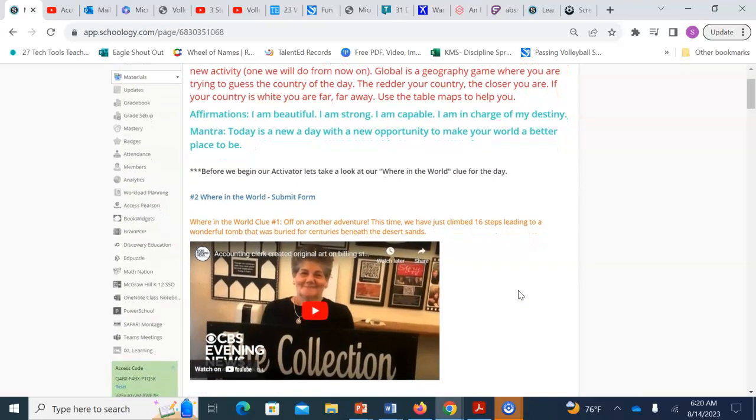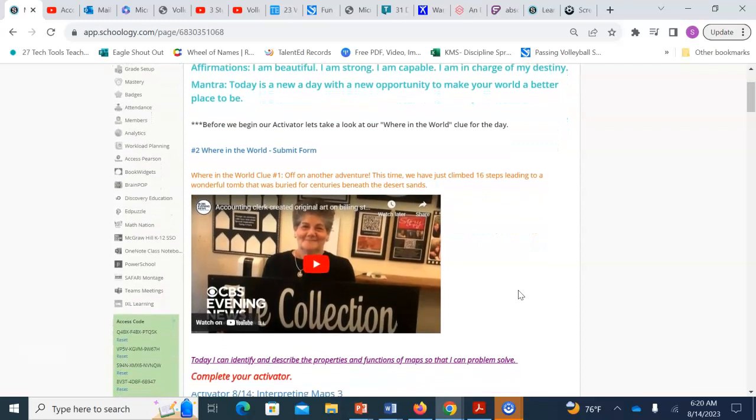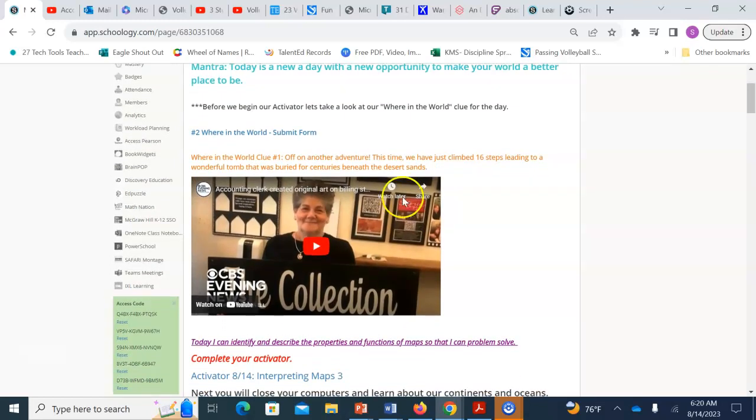So today we have Where in the World, week 2. Here you can see the submit form. If you click there, it's going to take you to where you can submit your answer. And our first clue is: off on another adventure. This time we have just climbed 16 steps leading to a wonderful tomb that was buried for centuries beneath the